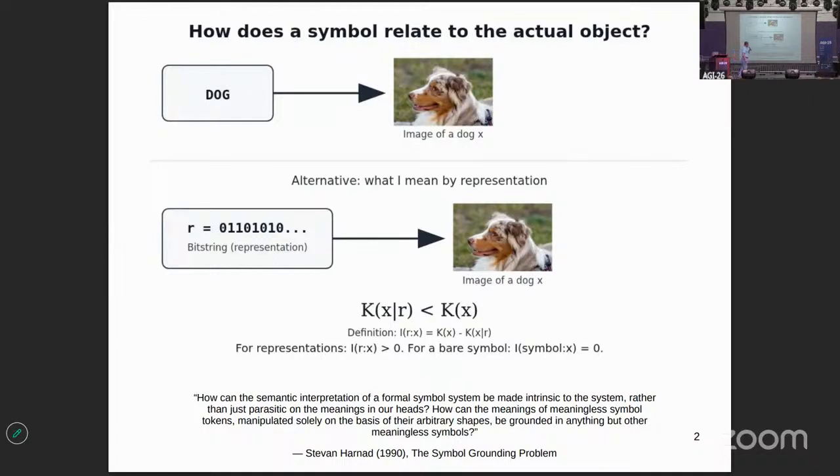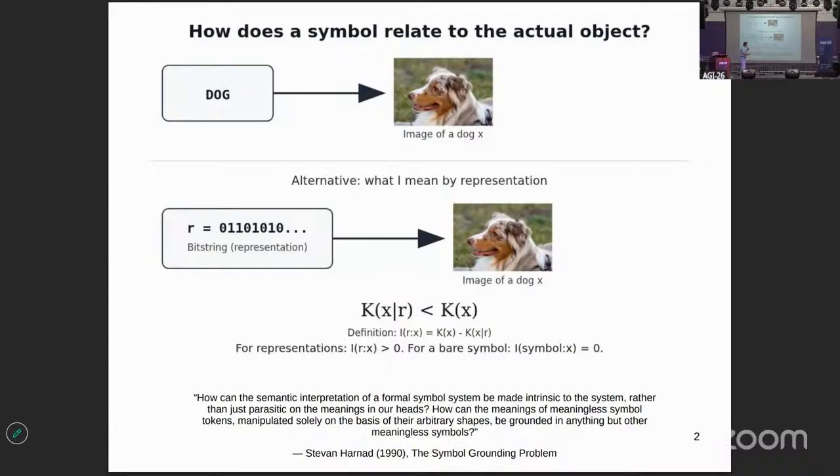Well, I don't really know how, apart from the letters dog being a cue in the human mind that reminds us what a dog is. So it basically cues a representation in the human mind. Essentially, the meaning of the symbol is actually extrinsic to the AI. It's outside of the computer. It's inside the human mind. So for the AI, you could actually replace the symbol by any other symbol.